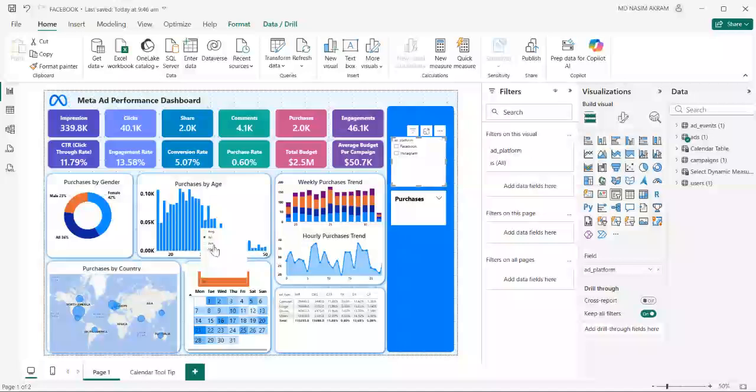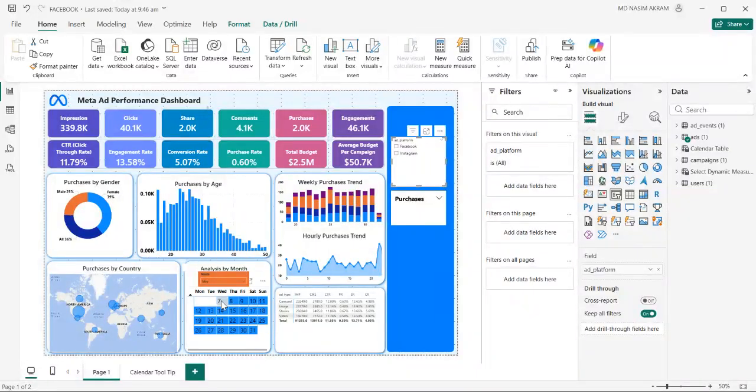You will note one thing here. When you click on May, let's say, only this map is changing, but not the rest of the visualization. It is not impacted. Why? Because simply we have turned off the interactions of this calendar with the rest of the